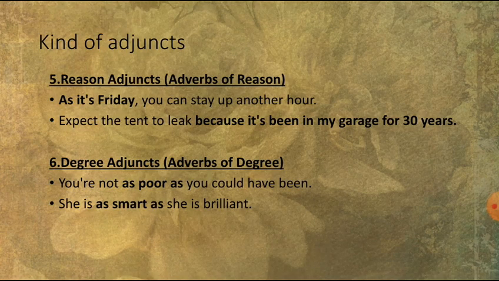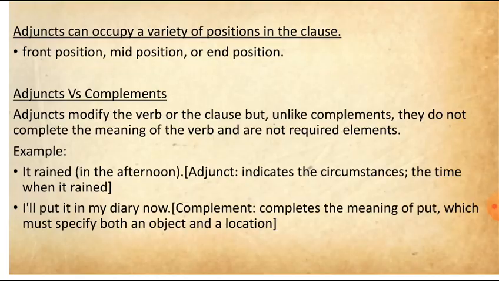And in the sentence, she is as smart as she is brilliant, it shows that an adjunct can be in the mid position. So there are three possible positions of adjuncts in the sentence. It can be in the front position, in the mid position, or in the end position. Next is about adjuncts versus complements. Adjuncts and complements are different because adjuncts modify the verb or the clause, but unlike complements, adjuncts do